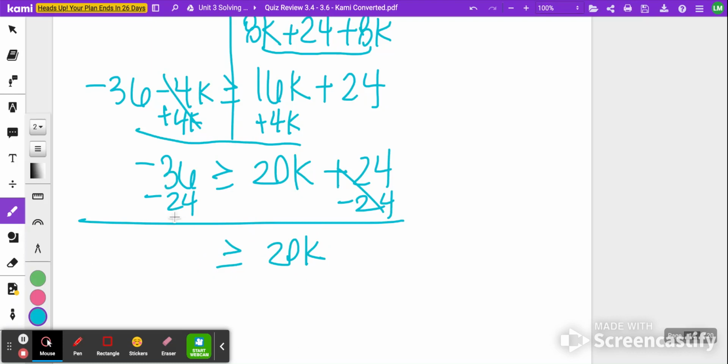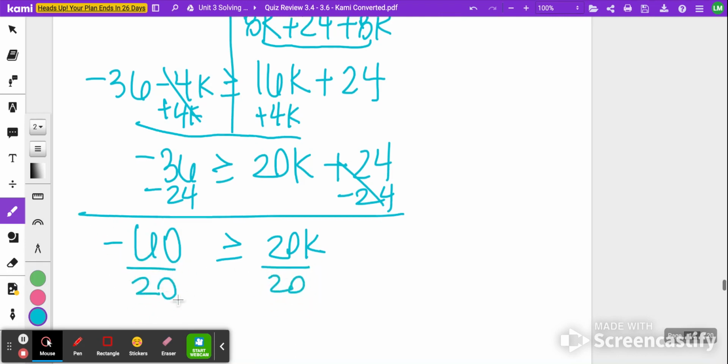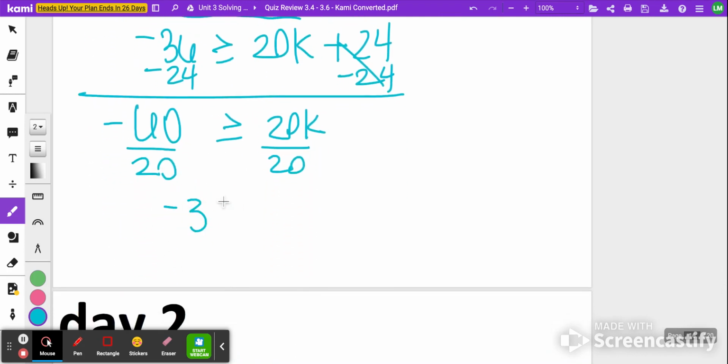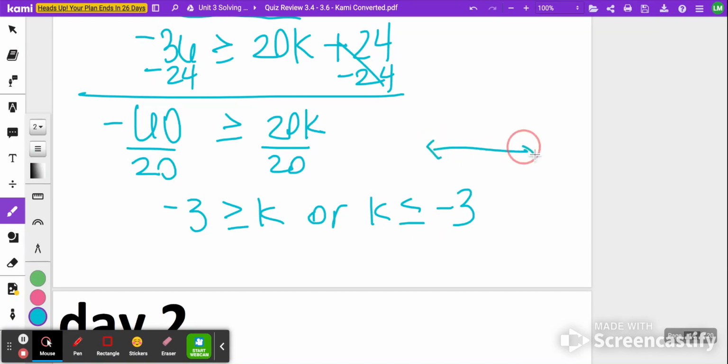And then negative 36 and a negative 24, that's just adding them together. 24 and 36 gives us 60, negative. And then dividing both sides by 20, I get negative 3 is greater than or equal to k, or k is less than or equal to negative 3. That graph would be a closed circle